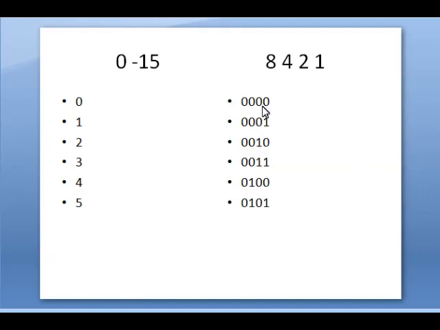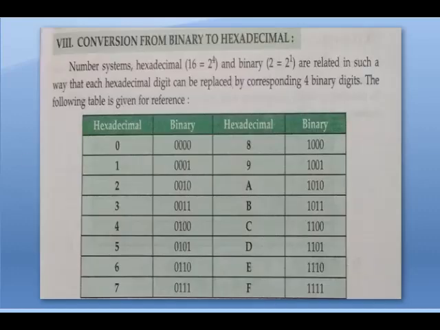For octal, 3 digits: 1 plus 2 plus 4, because octal means 0 to 7. So 1 plus 2 is 3, 3 plus 4 is 7. 3 digits. For hexadecimal, 0 to 15, it is 4 digits: 1 plus 2 is 3, 3 plus 4 is 7, 7 plus 8 is 15. So practice yourself to write the binary equivalents. Don't memorize the table. If you memorize the table like this, there is a chance to create mistakes. So try to do it like this. Practice in your computer copy.